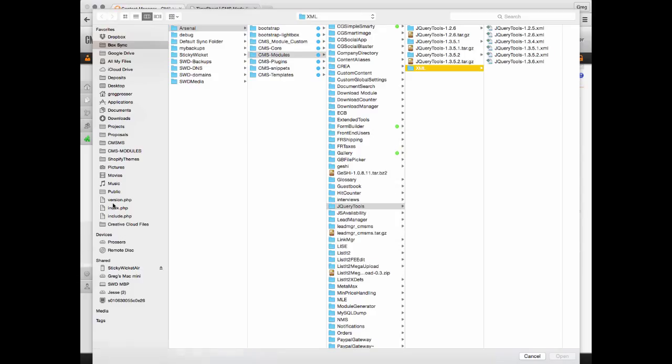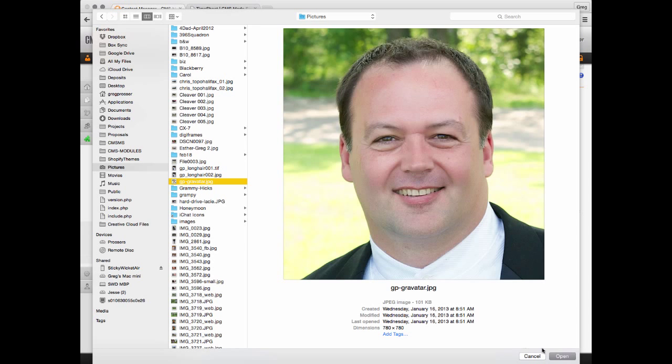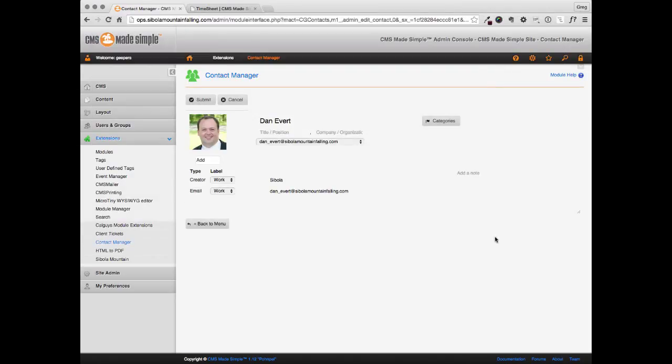It opens up a box. You go and find the photo you'd like to upload for that particular person. And boom, it's going to be there. So once we would hit submit, that picture would show up. If we want to add a company that that person is associated with,